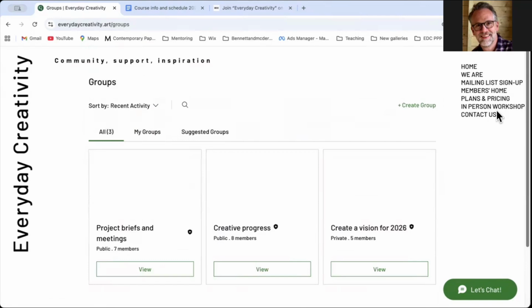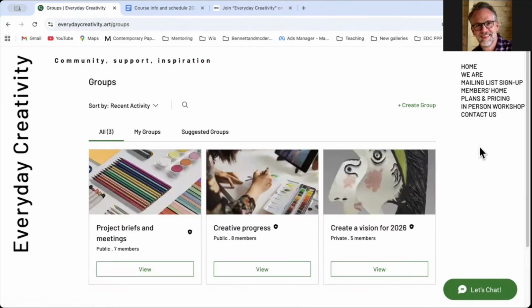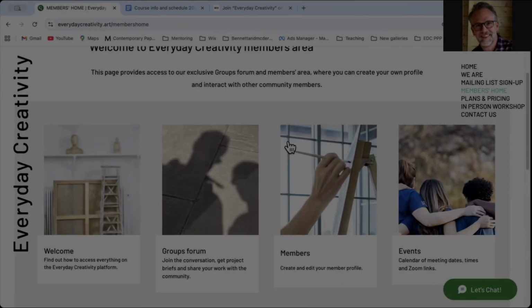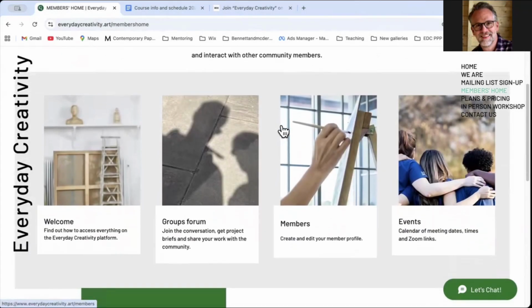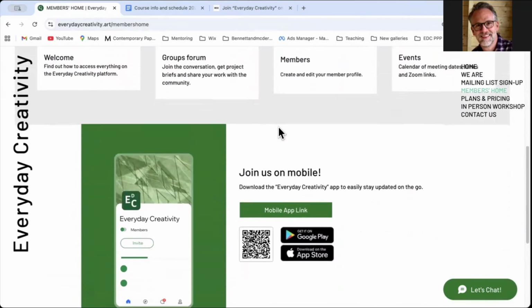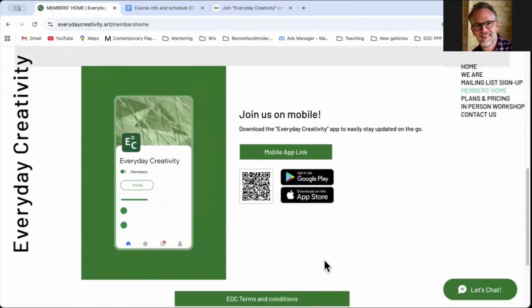Now, just before we go, because I think that's pretty much everything you need, if I just nip back now to the members homepage. So back on the homepage here, I just want to show you that you can get the Everyday Creativity mobile app. All you would need to do is either use your mobile device to scan this QR code, or click this link from your mobile device, or one of these links, and that will take you to